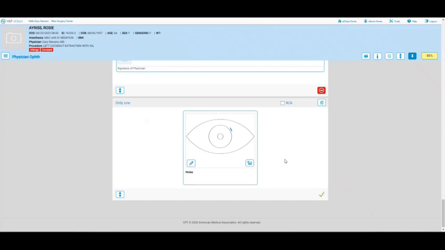If specimens are taken, you will have a block that's called specimen results. And you'll be able to review those results once they are scanned in and linked to this record. When they are scanned in, you will receive a task in your task manager that will ask you to review those results. Right now, I'm going to pop back